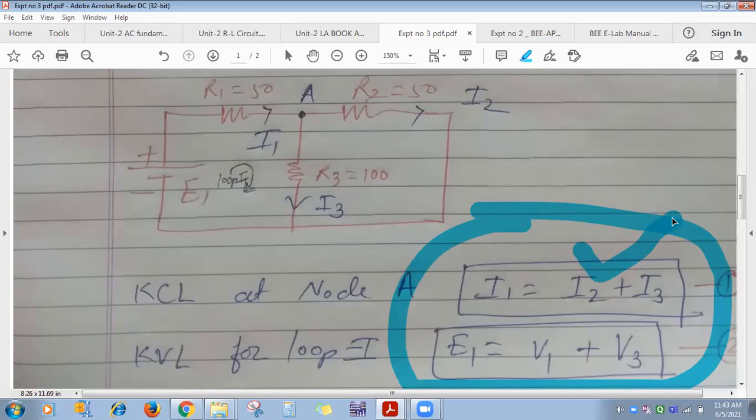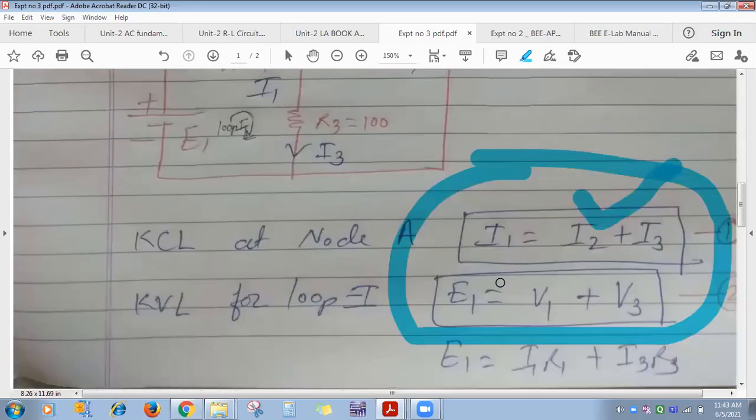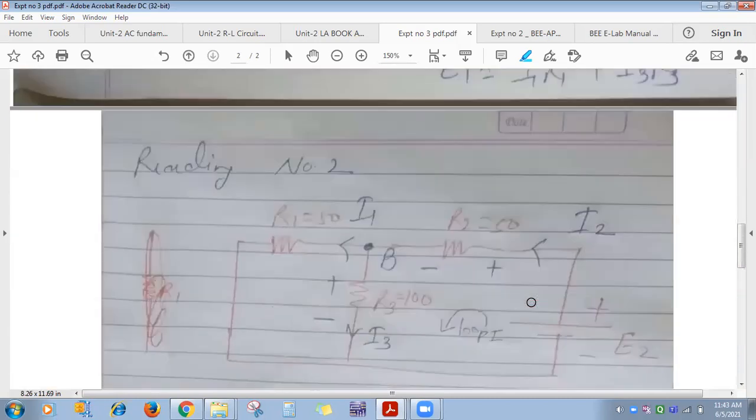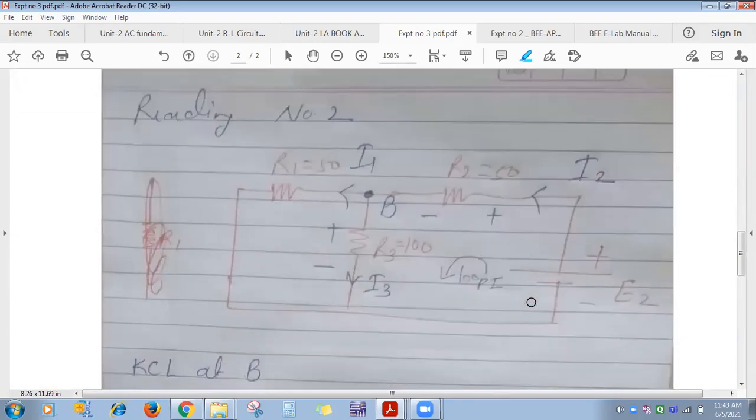If I get RHS equal to LHS, then can I say KCL is verified? Yes, ma'am. Okay, similarly for the KVL equation, whatever readings you got in the observation table for the first reading, put the values here. And if you get RHS equal to LHS, we will say KVL is verified. Same thing you have to do with the second circuit.